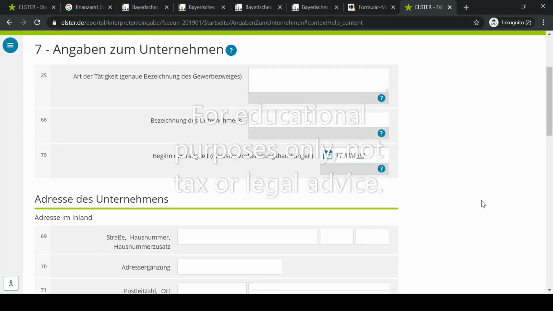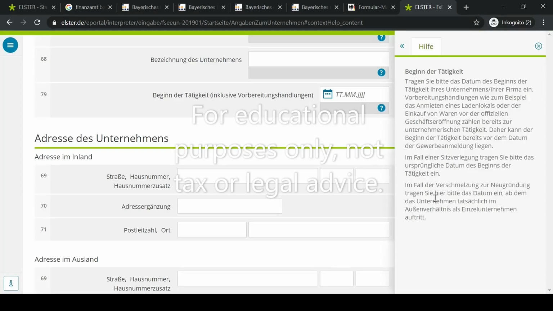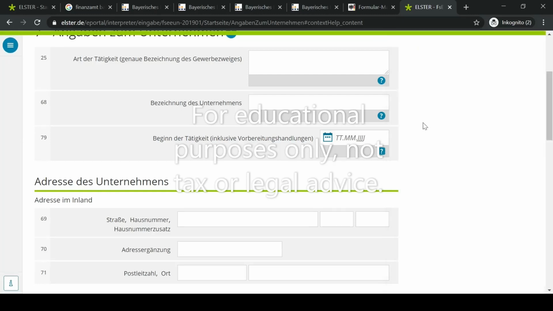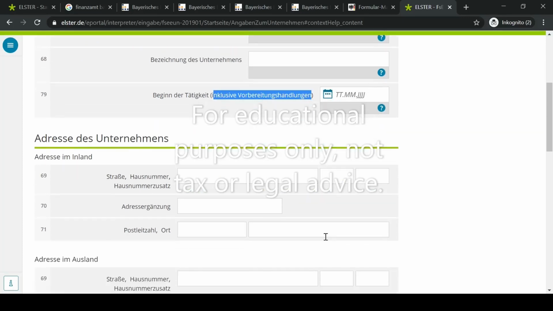So we move to the next point. Beginn der Tätigkeit, start of activity. Here, please enter the date on which your company started working. Preparatory actions such as renting a shop or purchasing goods before the official store opening are already part of the entrepreneurial activity. Therefore, the start of the activity can already be before the day of the business registration. In the case of a startup, please enter the date on which the business activity began. In the event of a relocation, please enter the original day on which the activity began. In the case of conversion, please enter the day from which the company actually appears as a sole proprietorship in